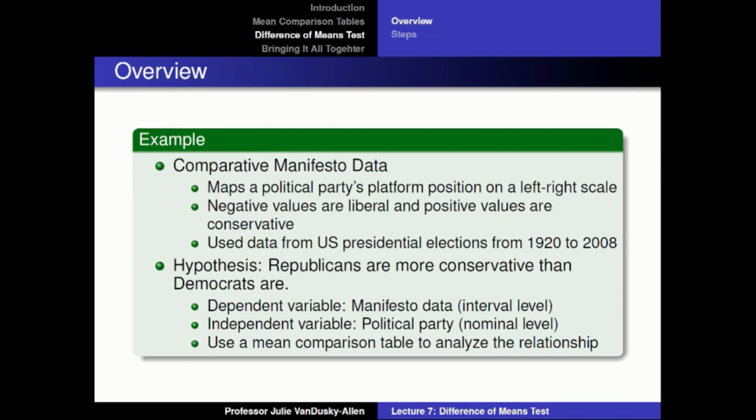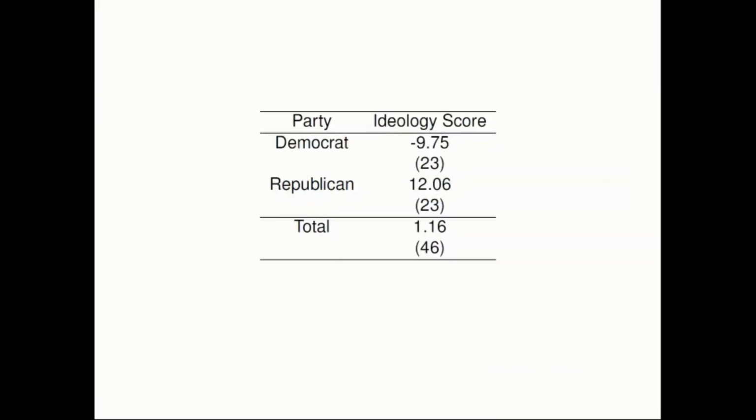Because you have an interval level dependent variable and a nominal level independent variable, you can use a mean comparison table to determine if the mean ideology for Republicans is greater than the mean for Democrats. You place the party categories, the independent variable, in the rows. So Democrat, Republican. And then in the next column, you place the mean of the ideology score for each category